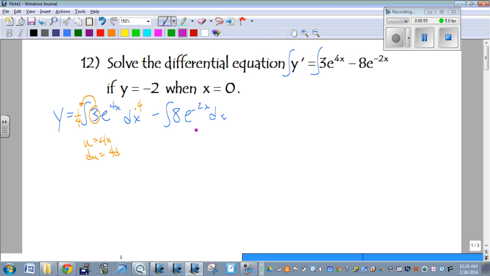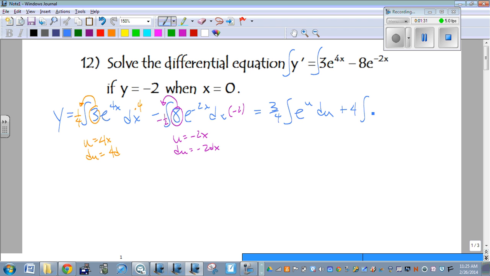For this one over here, our u is negative 2x. So du is negative 2 dx. So I'm going to pull this 8 out in front, multiply the inside by negative 2, outside by negative 1/2. After doing that, we're going to have 3/4 times the antiderivative of e to the u du. Over here, bringing that 8 out, the negatives cancel out, and we just end up with positive